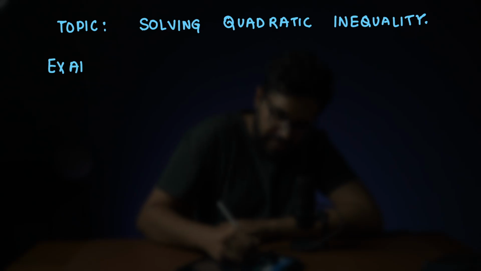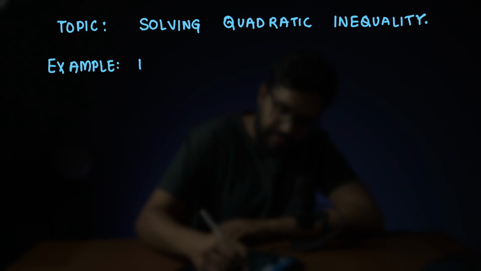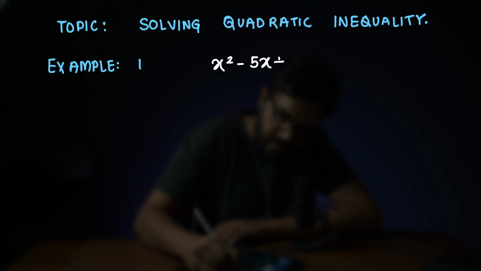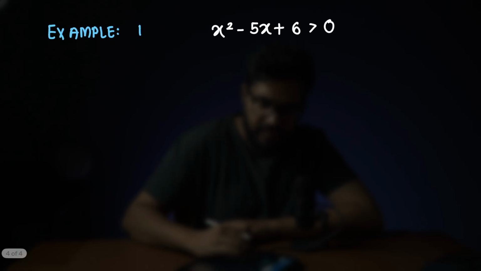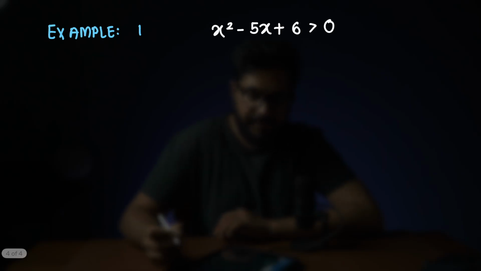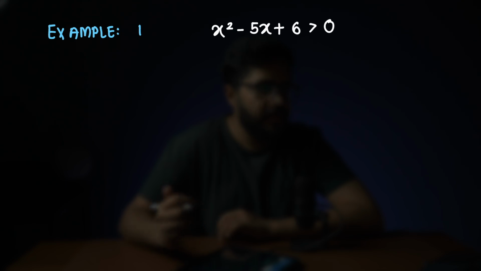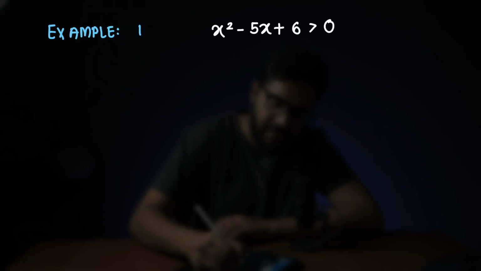So let's start with this example 1. x square minus 5x plus 6 is greater than 0. So now we have a quadratic inequality. Instead of the equal sign, we have a greater than sign or less than sign. These are called inequalities. So in this case, first of all, I will treat this parabola